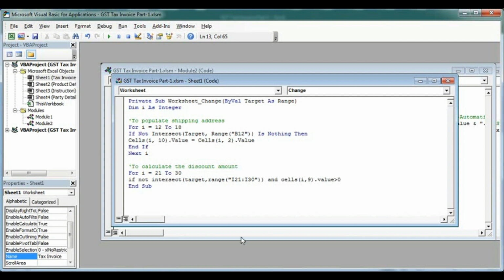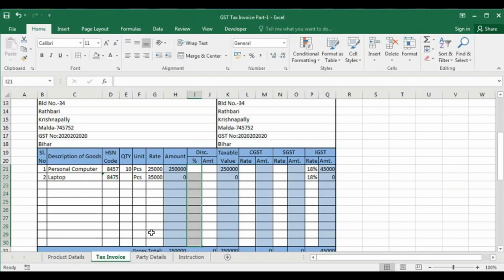That means if we change within this range, suppose we can change here, here or here, if we change the value within this range, then if this value is greater than 0, then the action will happen.